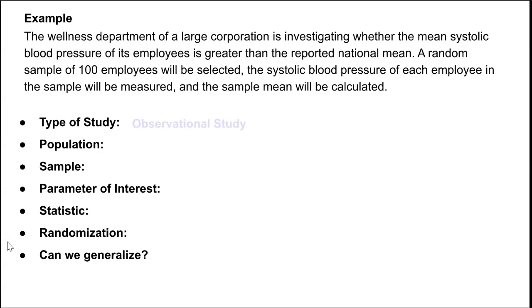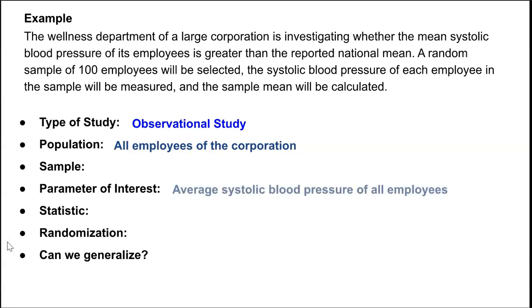This is an observational study. I can tell it's an observational study because there are no treatments being imposed on the participants. The researchers are simply collecting and recording information. The population being described is all employees of the corporation, and the parameter of interest is the average systolic blood pressure of all employees. I was able to identify this information from the first sentence, where it told me what